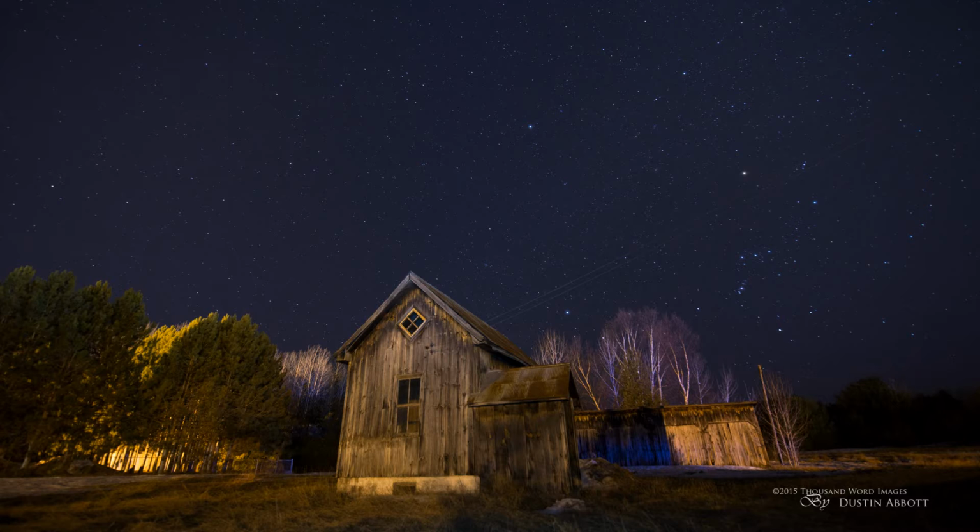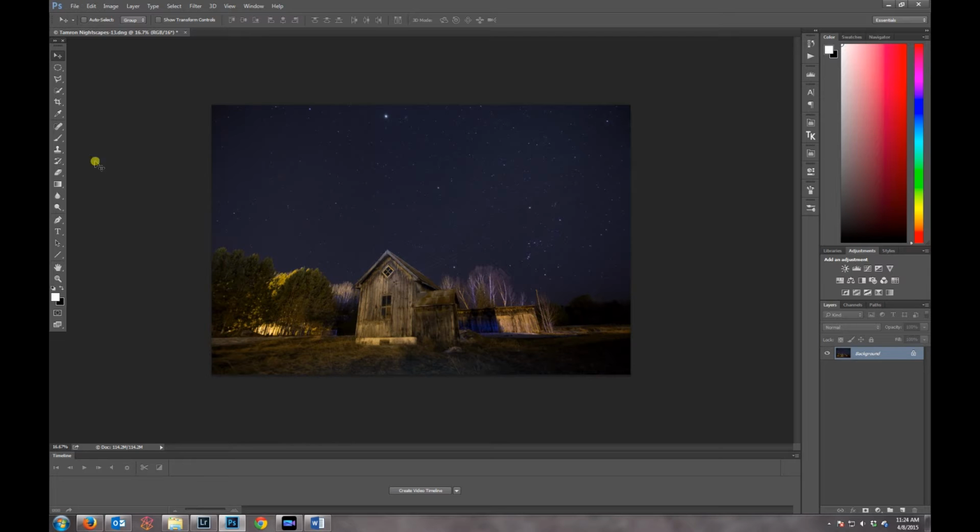It's a new lens that was just released, and it's one of my new favorites for shooting the night sky. Wide open here, you can see there's a lot of great sharpness, and the star points are rendered very sharp and nice. So let's jump in here, and one of the first things we're going to do is